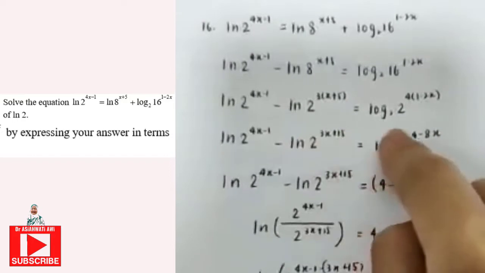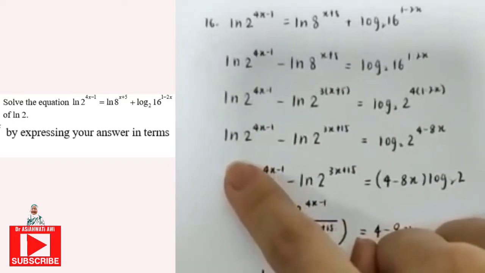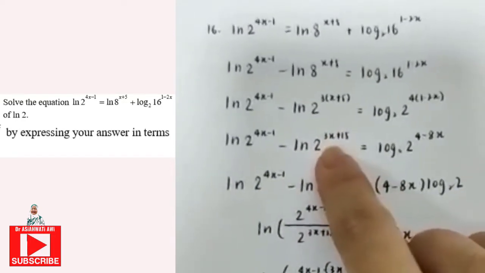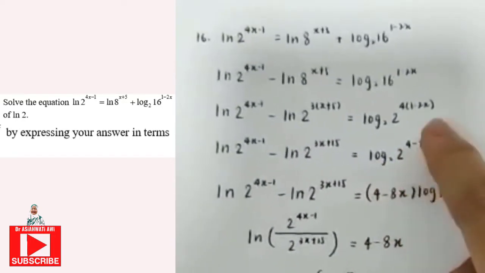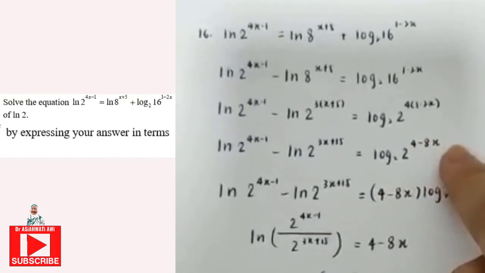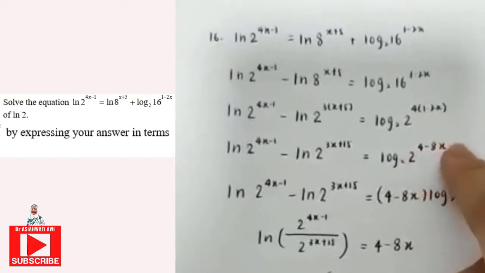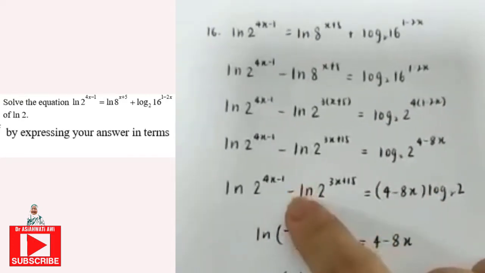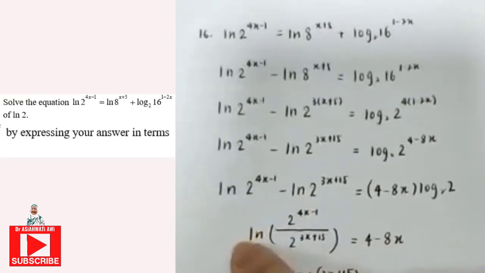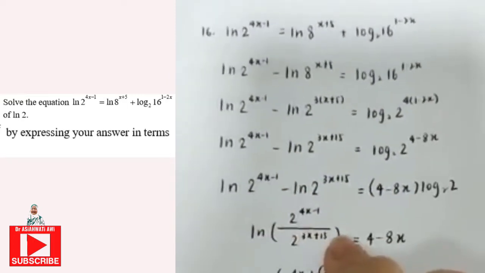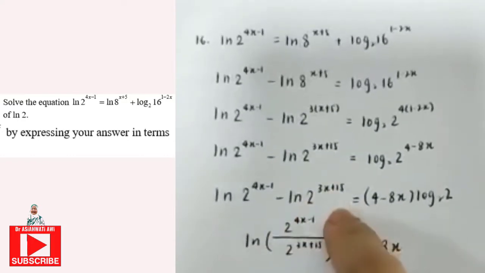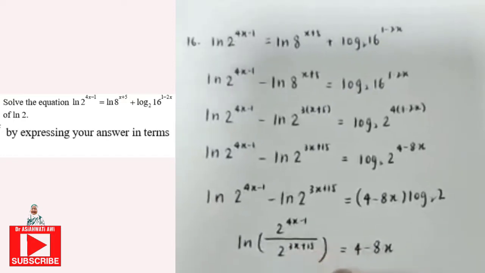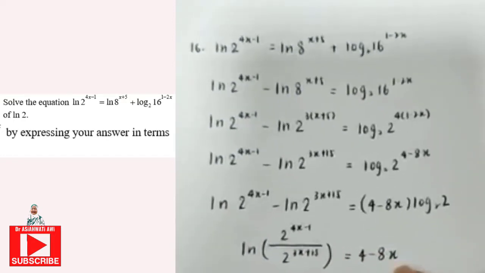So we change all the base into 2. Then it will become ln 2 power 4x minus 1 minus ln 2 power 3x plus 15 equals log 2 power 4 minus 8x. So we put this 4 minus 8x in front of log 2 and it will become this equation. And then we sum up this ln in front, and we know that minus is equal to divide. So 2 power 4x minus 1 divided by 2 power 3x plus 15 equals 4 minus 8x, as log